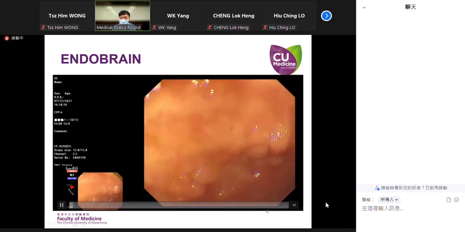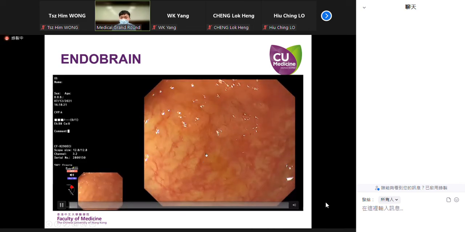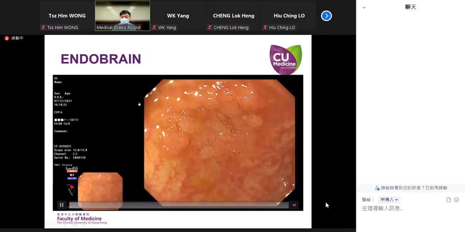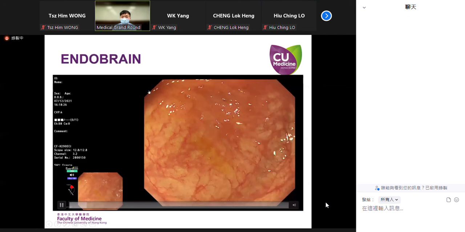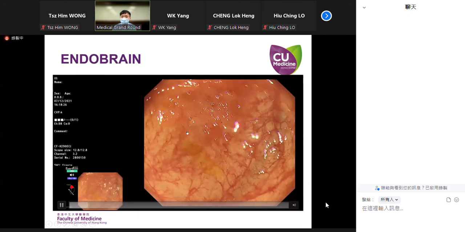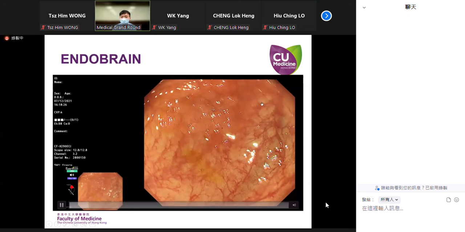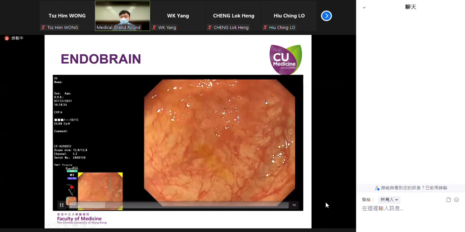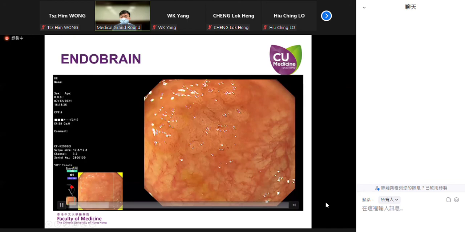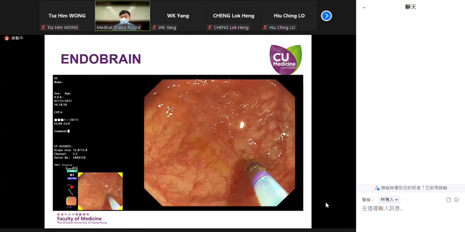So now we are seeing a flat lesion, and this is the cecum actually, because on the left upper corner is the C-like structure, which is the appendiceal opening. And this flat lesion measures around 2 centimeters. And then after using the white light examination,